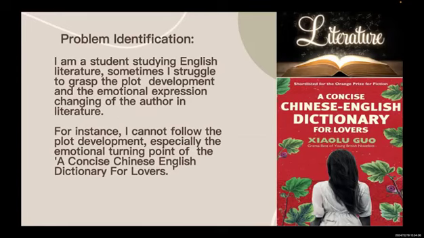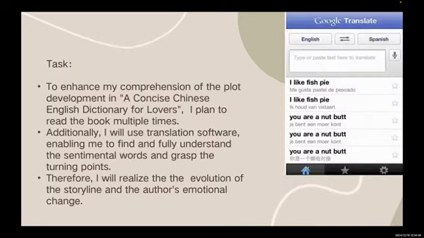I am a student studying English literature, but sometimes I struggle to grasp the plot development and the emotional expression changing of the author in different parts of the literature. For instance, I cannot follow the plot development of the Concise Chinese English Dictionary for Lovers. So, I am going to talk about how I solve this problem by assessing the sentiment scores of different plots